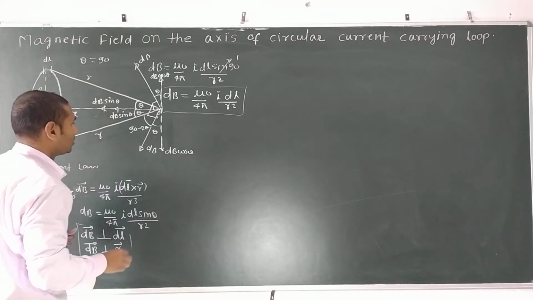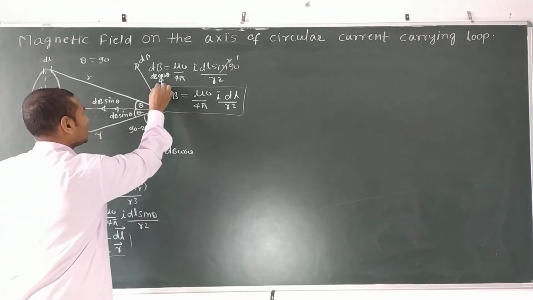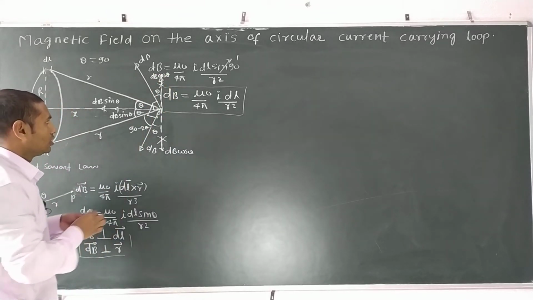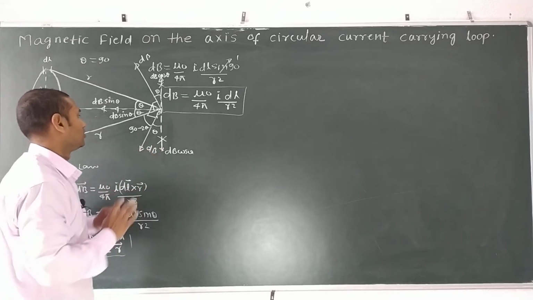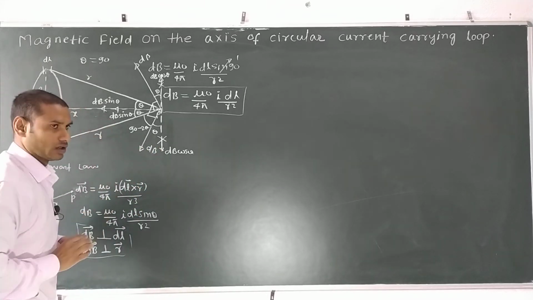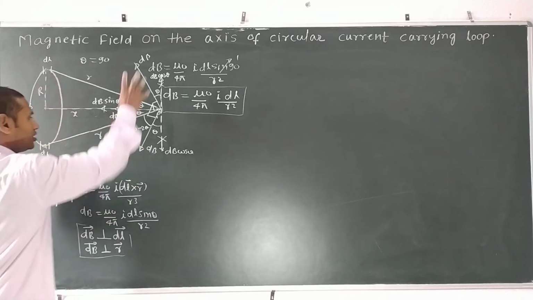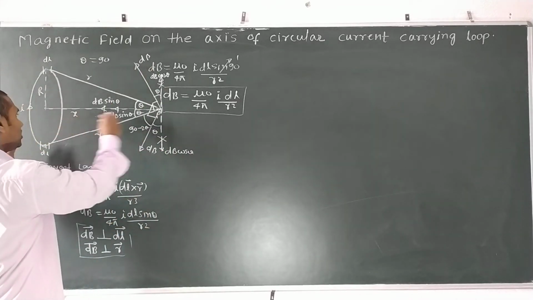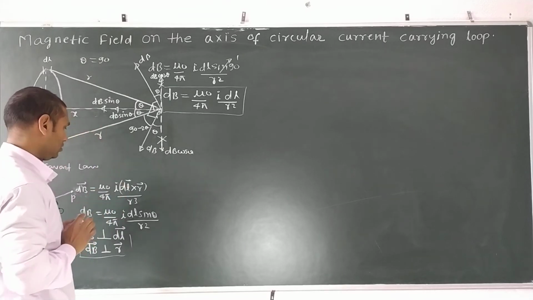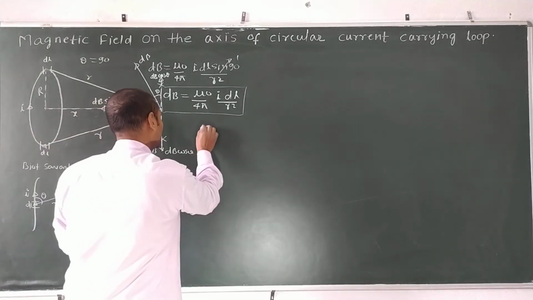Okay, dB sin theta. This dB cos theta will be cancelled out by dB cos theta, because they are vertical and opposite to each other, so it will be cancelled out, and only dB sin theta remains. For the whole element, the dB cos theta, that is the vertical component, will vanish, and only the dB sin theta, that is the horizontal component, will remain. So for B net